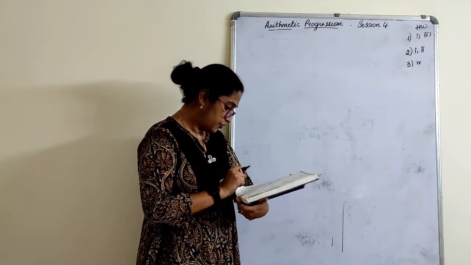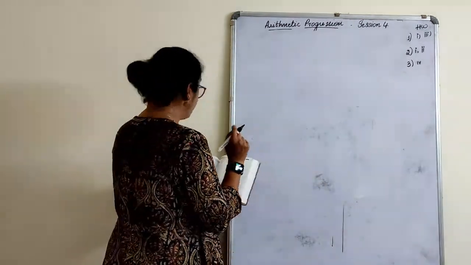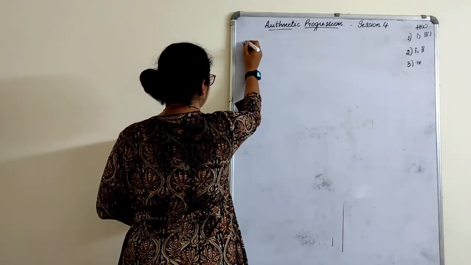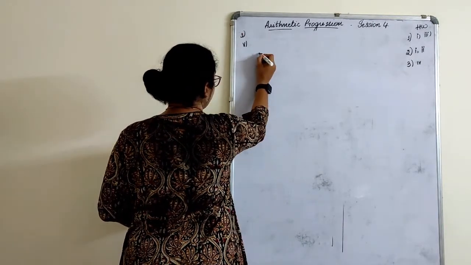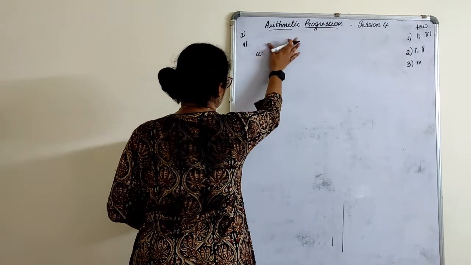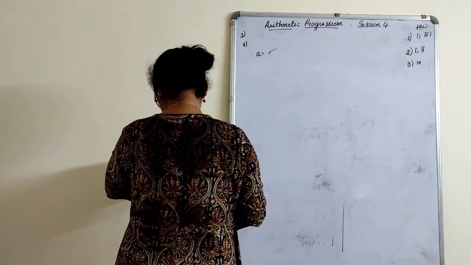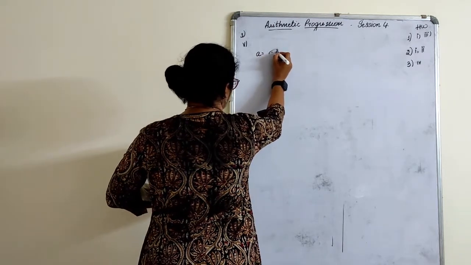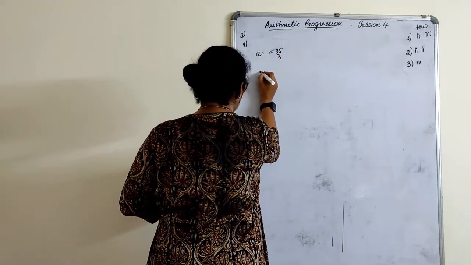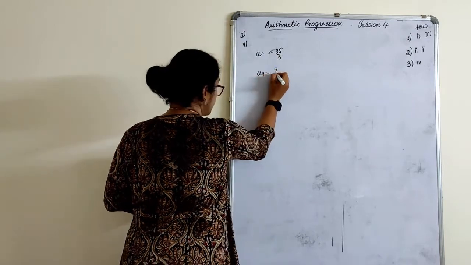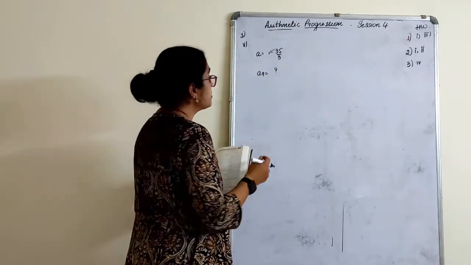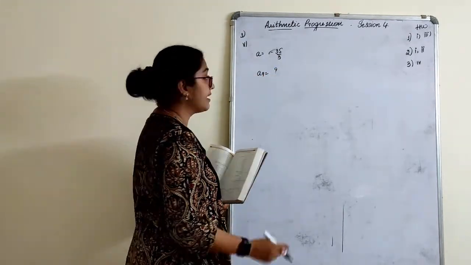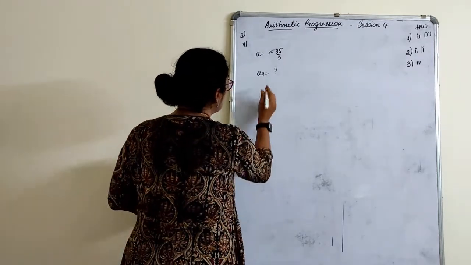Yeah, actually before we go to the sixth one, I think I missed one point in the fifth sum. We found A, right? So what was A here? That A was minus 35 by 3. We also had to find A9, which I missed out, and I skipped to the sixth one. Let's first find A9. So what is A9?